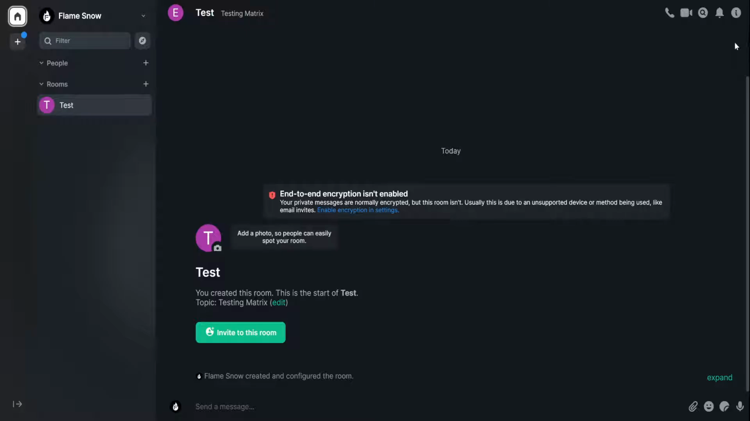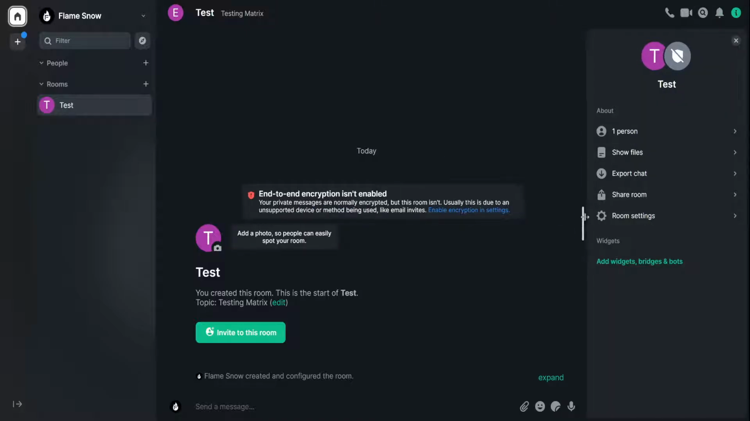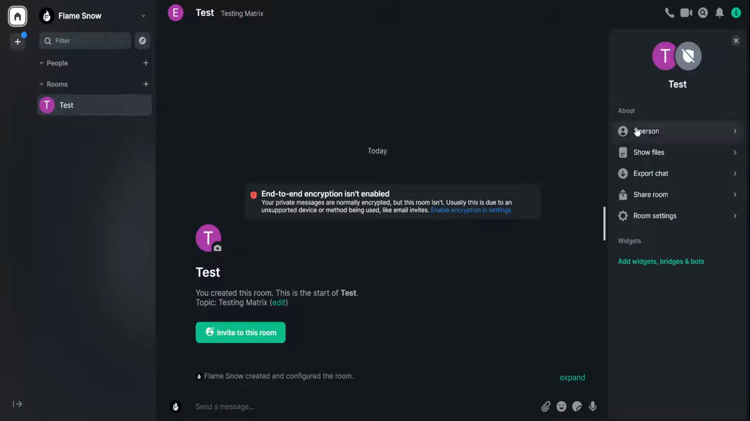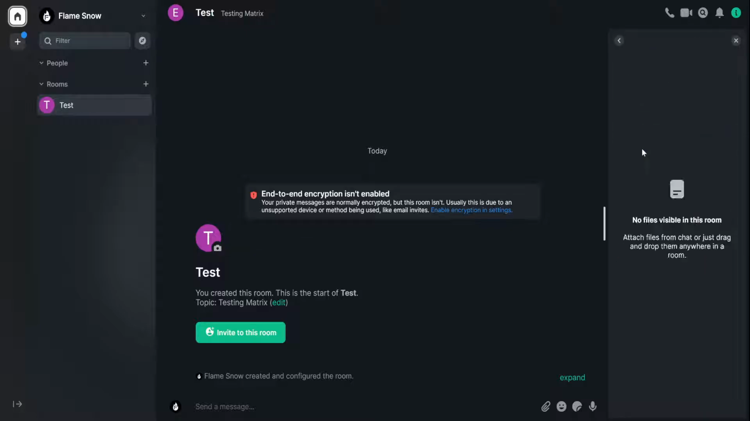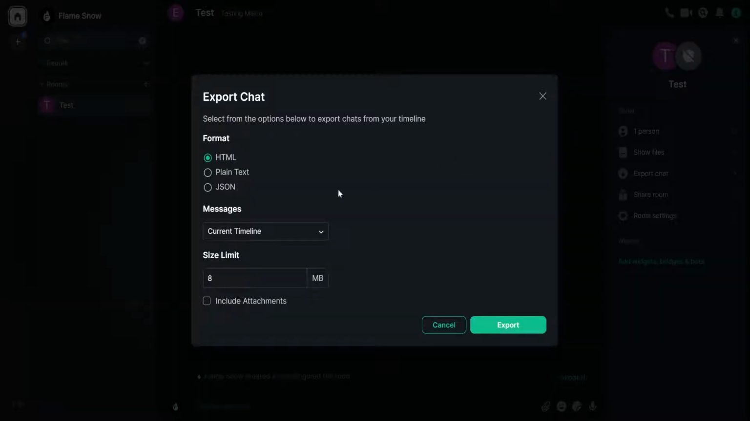So here you have the room info, this little icon here. You can click here, and you can see the members of the room, and who's administrators and moderators. You can also manage people from there. Show files. This will show if someone has sent any kind of media, whether it be pictures, videos, sound files, anything like that, documents. Export chat is a new feature that they have added, and I'm glad that they finally added this option,